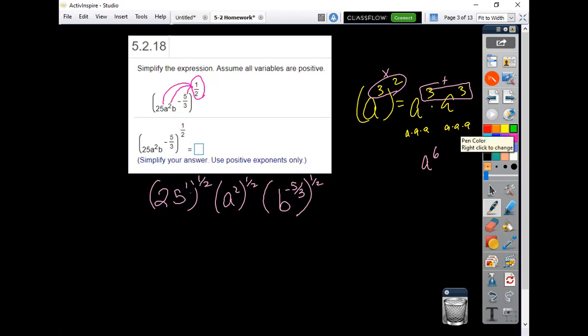this right here you multiply. Again, if you could even do this 25 to the 1/2 in your head and say, oh, I know that's the square root of 25, that's going to be 5. That's awesome. At any point in the process that you can jump there, I encourage you to do that